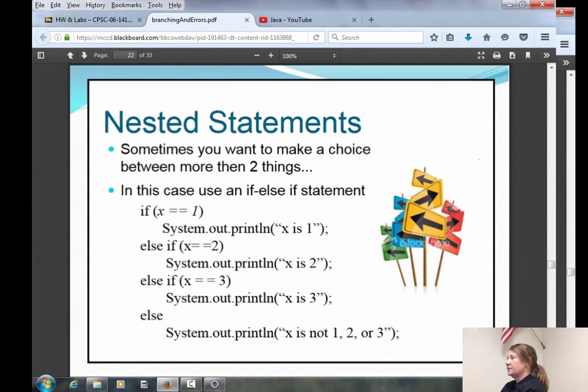But note that this is kind of like you've come to a fork in the road with 4 different paths you could take, and you're going to take one of them. Now, can you only have 4 paths? No, you could have 10,000 paths if you so wanted, 100 paths, 10 paths. You can have as many as you want. Another thing about the if-else-ifs is you could leave the else part off too. You don't have to have an else part. But a lot of people will put the else part as kind of like the default. So if none of the paths are taken, this is like your default path.